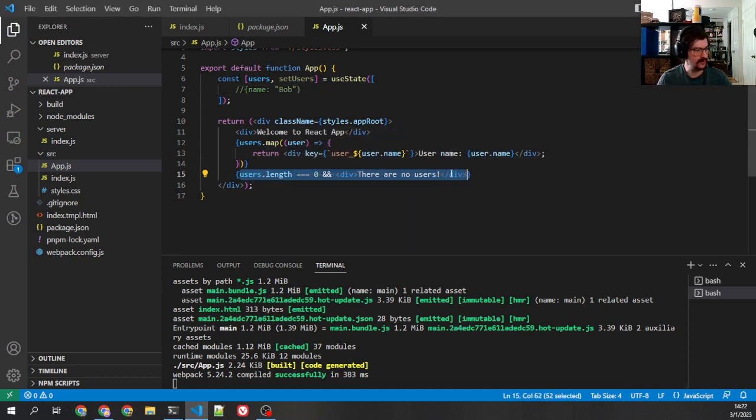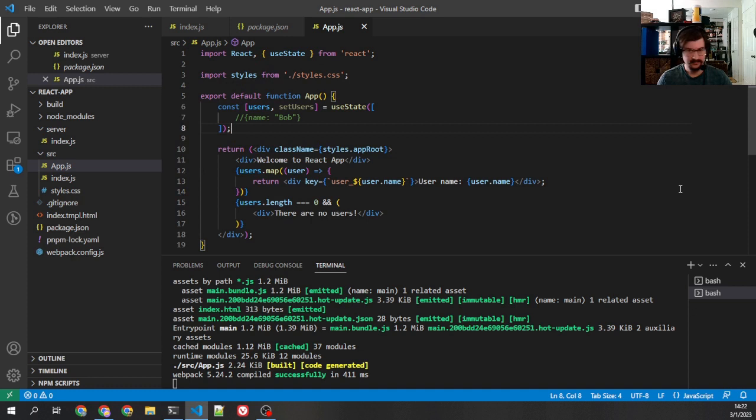We do it with this format. You have sometimes one, sometimes two even. You could have a complicated conditional in here, and then the very end is going to be the element that you want to render. Oftentimes, you might see it done like this. This is just to make it clear where the JSX is. It's completely optional. I do it a lot just because that's how I learned. But again, completely optional. All right, so let's add in a quick form to add a user,